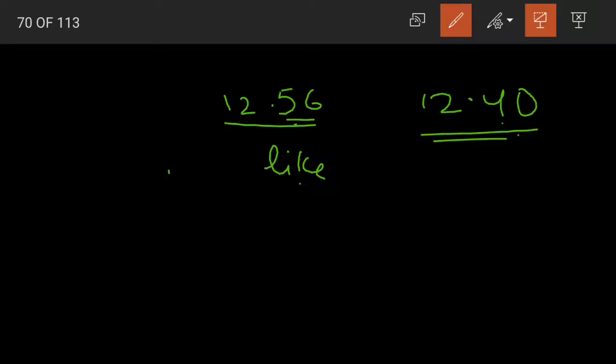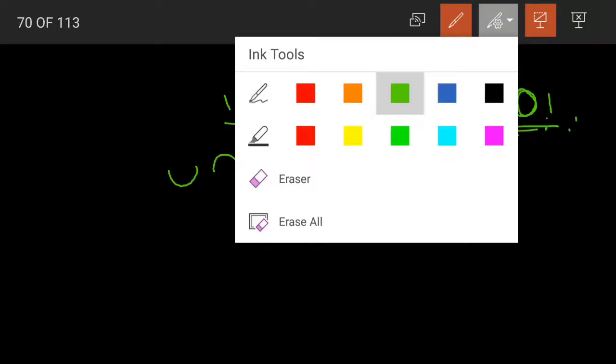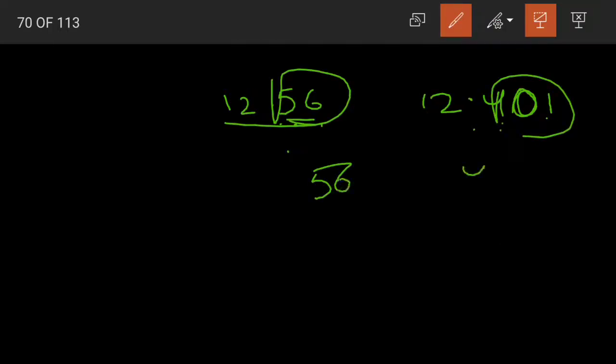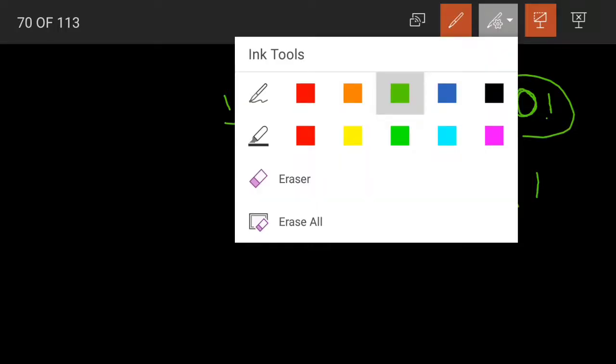So whenever you have two decimal numbers that are unlike, convert them into like decimals by adding zeros. Okay. Now what if this was 0.401? Again here it's only 2 digits, so for the third digit I'll write a 0. Understood? Suppose I compare it as it is, 401 and 56, the decimal parts. What will I say? 56 is less than 401. So 12.56 is less than 12.401.